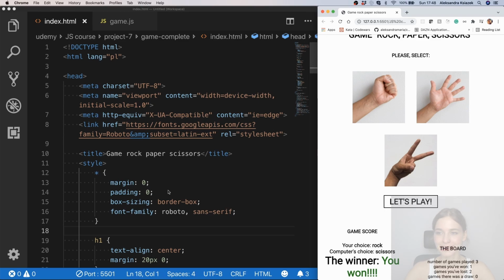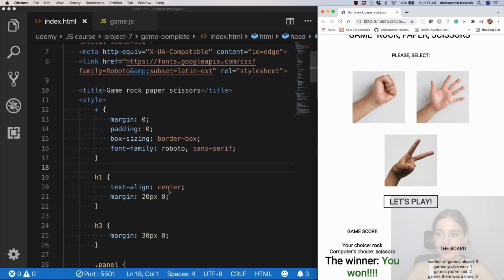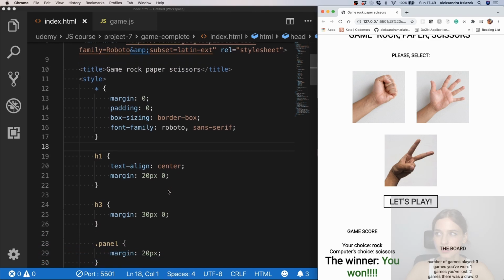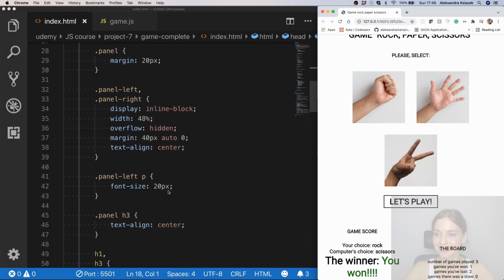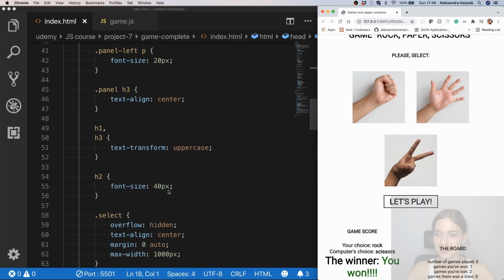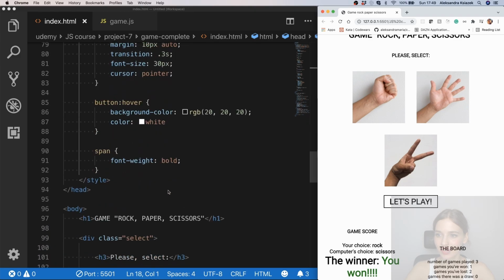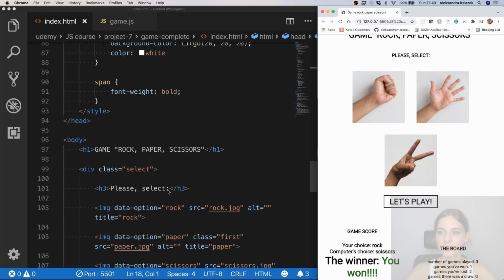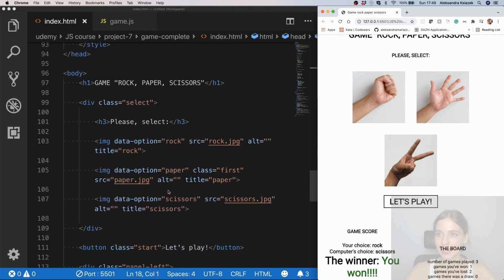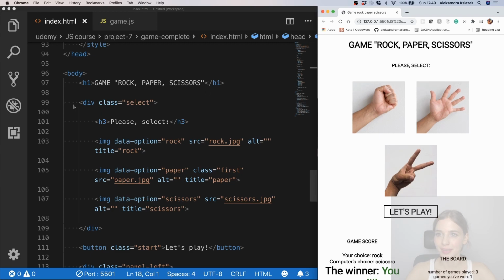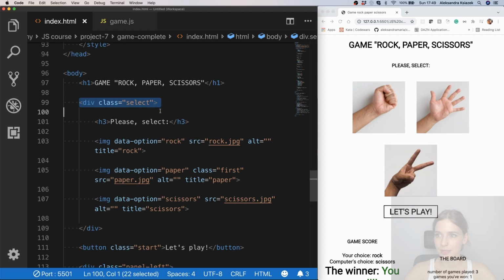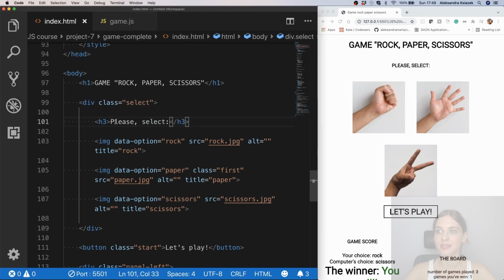If we have a look at the index.html file, it's slightly longer than normally. But I'm not going to take you through all the CSS because this is a course for JS after all. You can, if you want to, analyze it later on. What I'm going to take you through is the body tag. So basically we have that h1 on top, and a div with one header says please select,